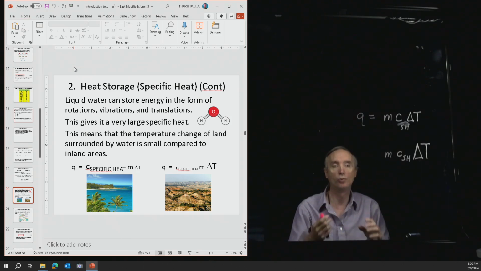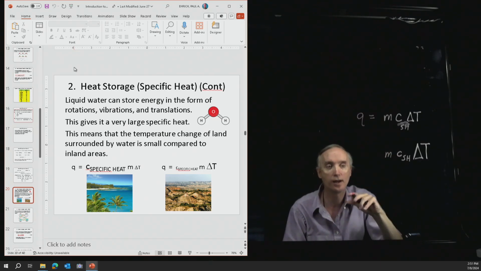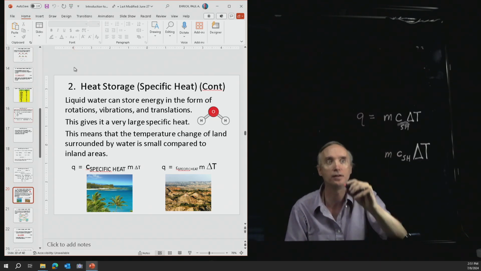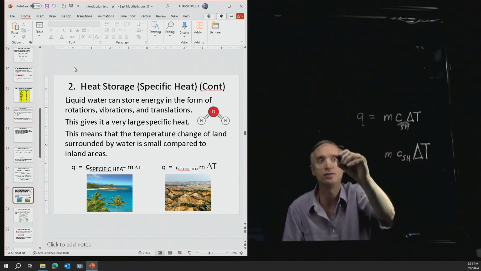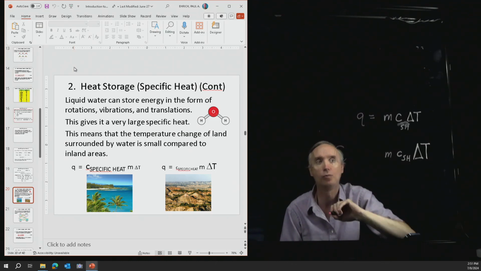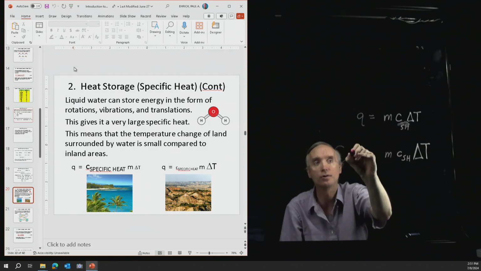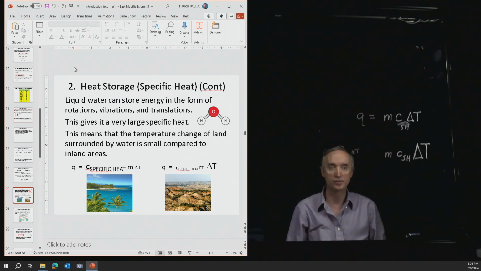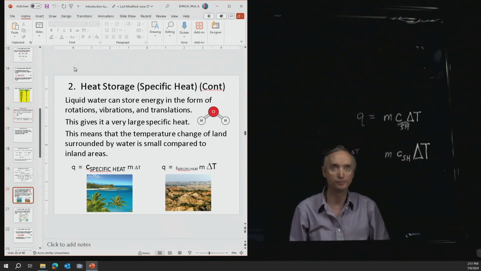Now, what about in Hawaii? So in Hawaii, it's surrounded by water, and water has a very, very high specific heat. So it's going to have a large specific heat. And so let's say that you have the same amount of water as you do the same amount of rock. Then that would mean that in order to compensate, the delta T is going to be very, very small. So therefore, the air above the water is not going to change its temperature very much because all of that energy is going into the water and heating it up.